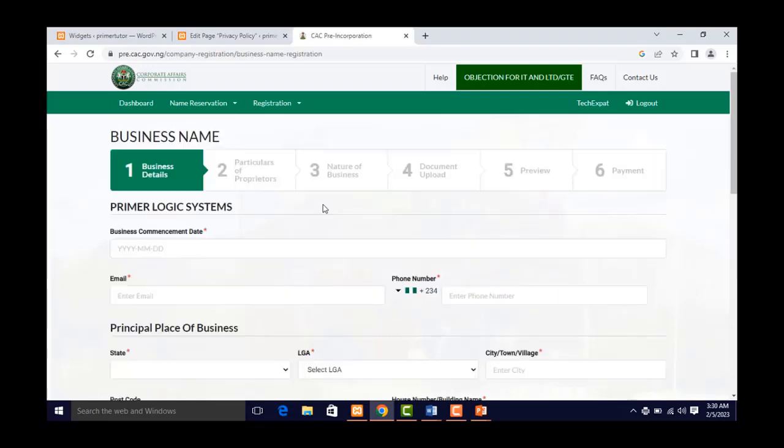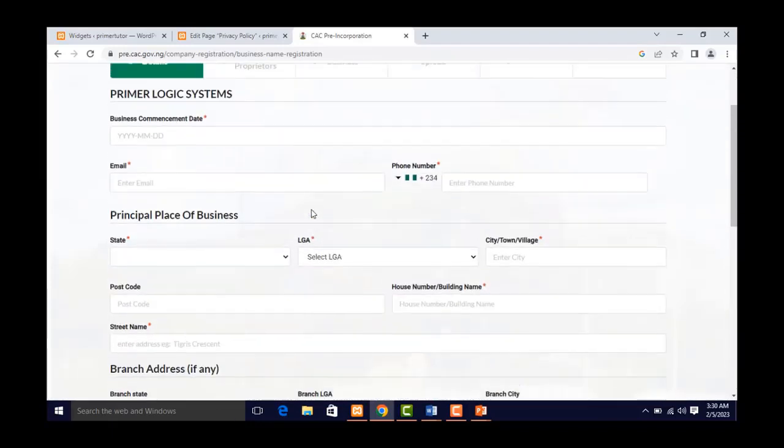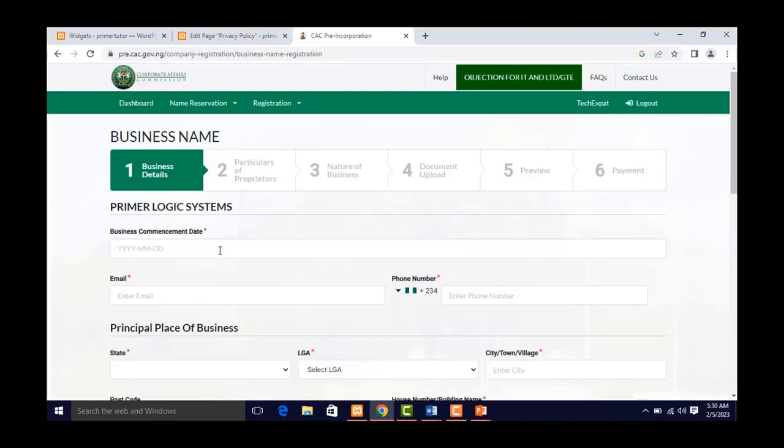So here we are. This is a 6-step process, and right now we are in number 1. Okay, number 1 is business details. So this is where you are going to provide your business details, everything about your business details. Alright, so we start from the first one. This is